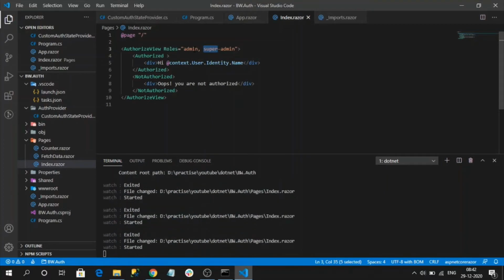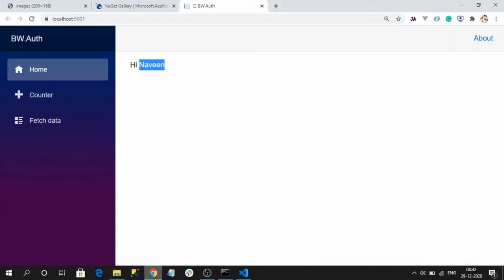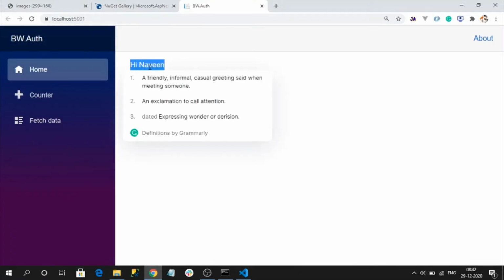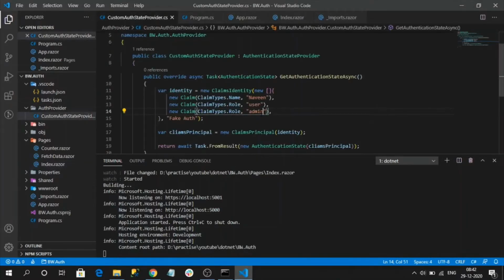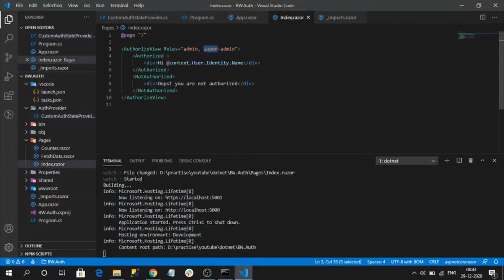If I test, I am getting the authorized code rendered because I have one matched role, the admin role. So I am able to access. I don't have super admin, but I have admin.